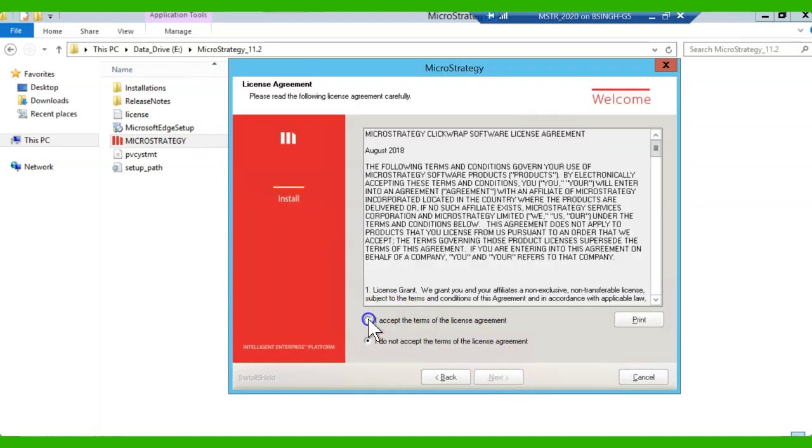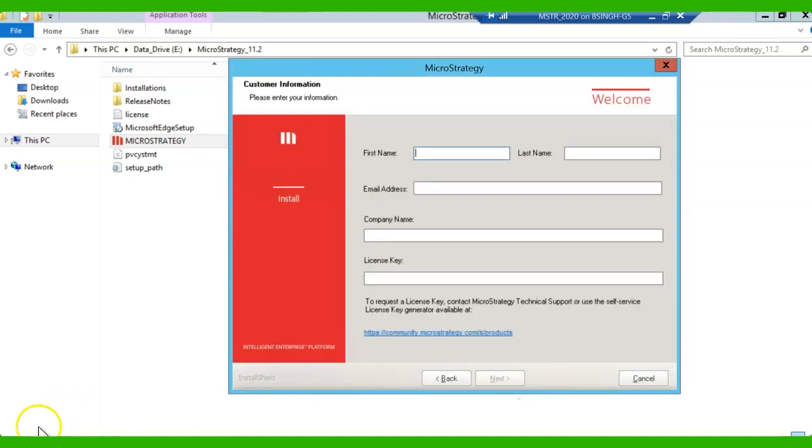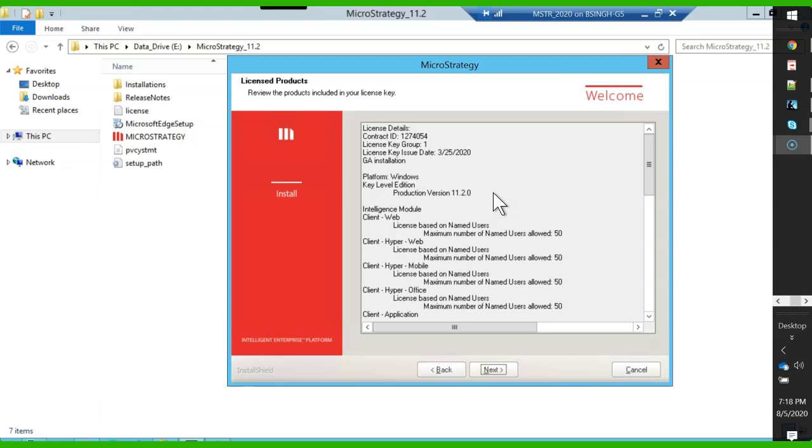Okay, click on next, then accept the license agreement. And here you have to put your first name, your last name. Let me enter my name. My company name is XYZ, and my license key. I'm entering the license key, and I will click on the next button. So I have entered the license key and all the required information, and I have hit the next button, and